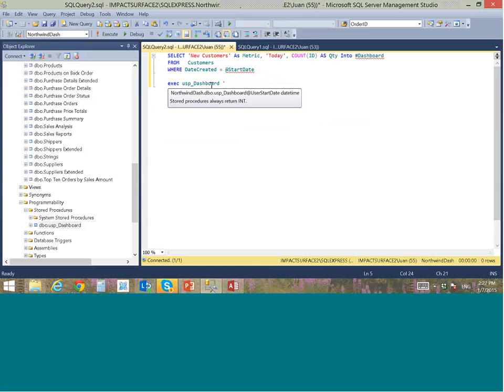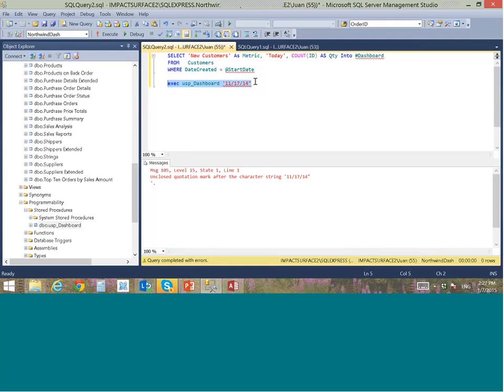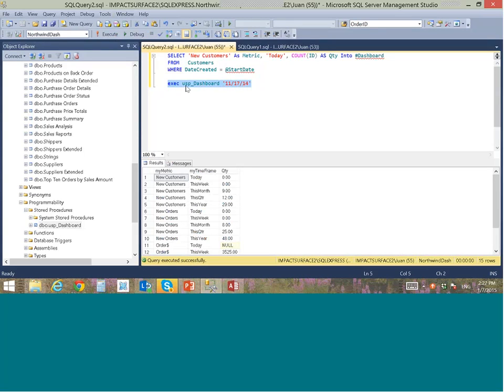Thank you, sir. So then I put in my date. I think it was the 17th or 14th. Then I highlight the statement, and I run it. You've got quotes. Oh, sorry. Yes. I got quotes. All right. And there's my data. Now notice that the data comes back in this case as 3 columns